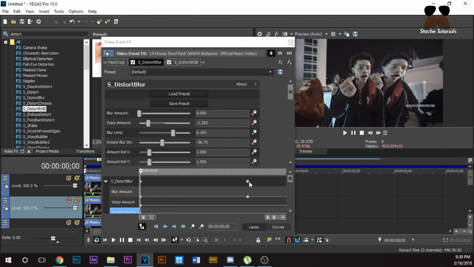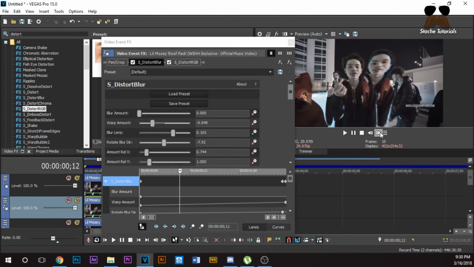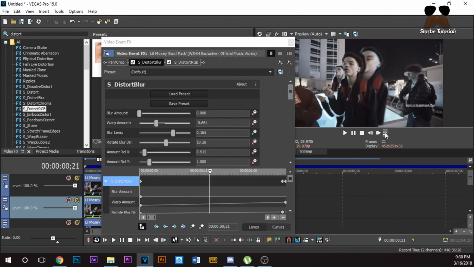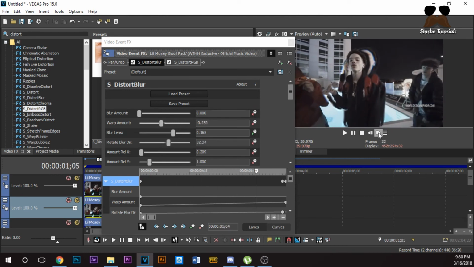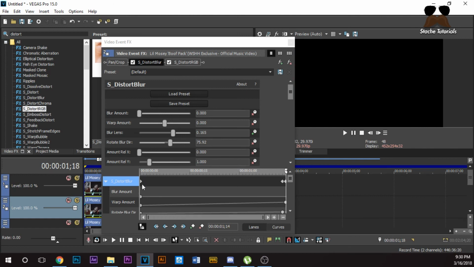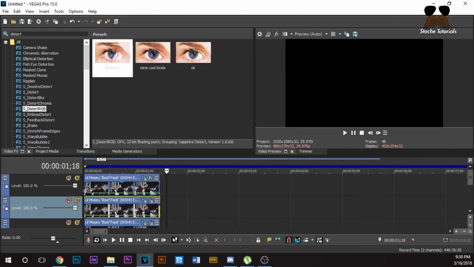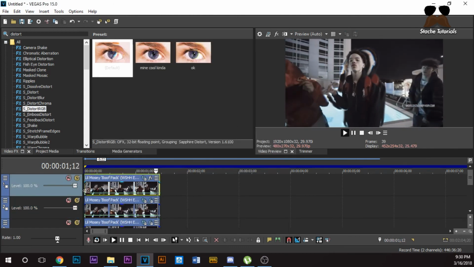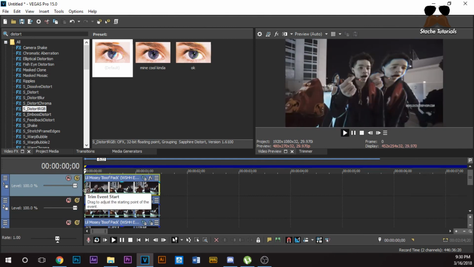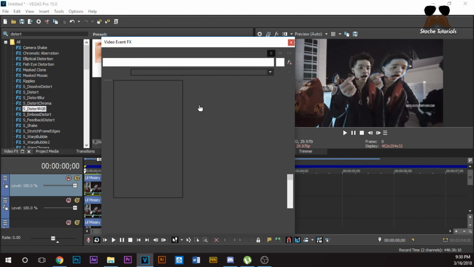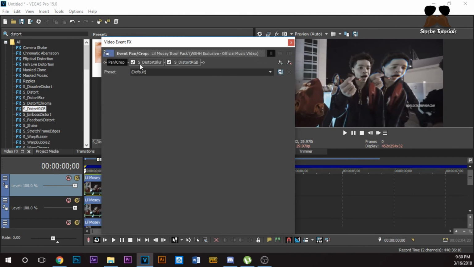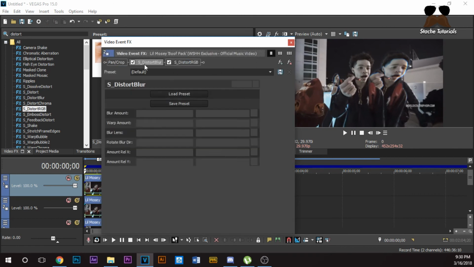Hold on. Change. Nope. Delete that. Look, and that looks better. So yeah, right, so let's look at it. It could be a little bit more distorted. Hold on one second. Yeah, and that's, well, I'm just gonna mess with the settings a little bit.